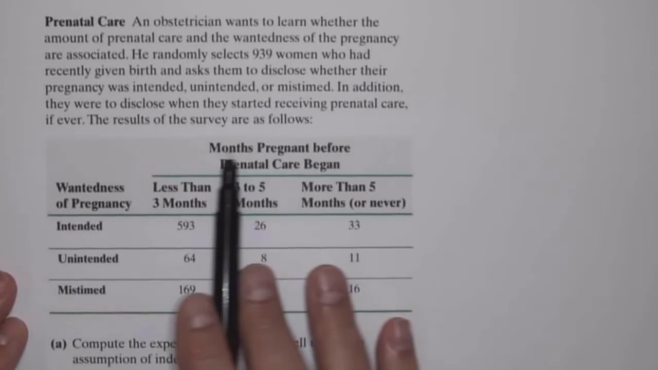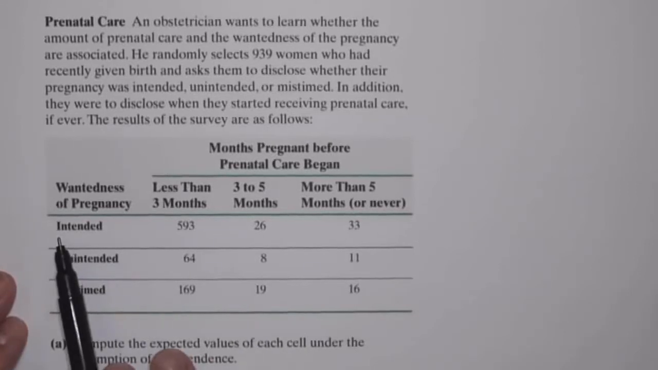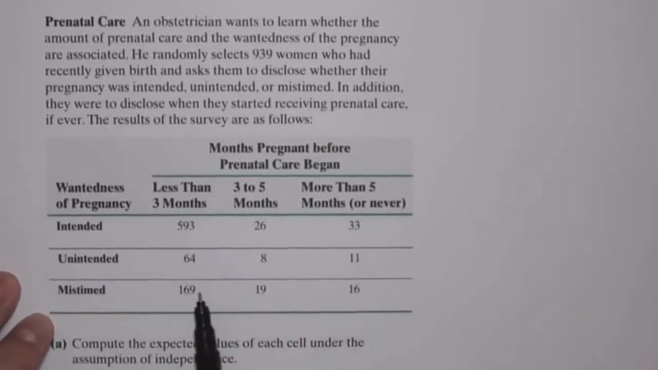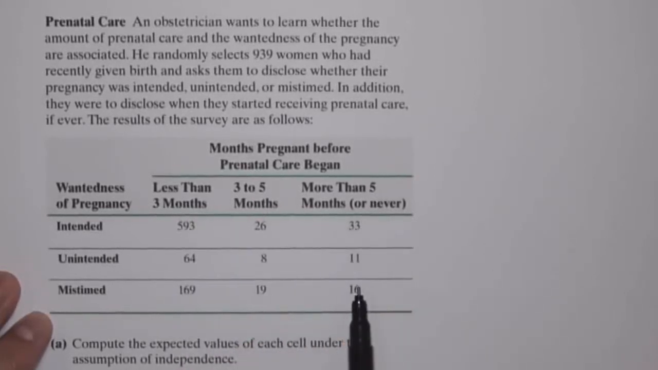So if we look at this contingency table, we can see in the rows we have the wantedness of the pregnancy. So was the pregnancy intended, unintended, or mistimed? And then we have in the columns the months pregnant before prenatal care began. So we have less than 3 months, we have 3 to 5 months, we have more than 5 months, or never. So of the 939 women,